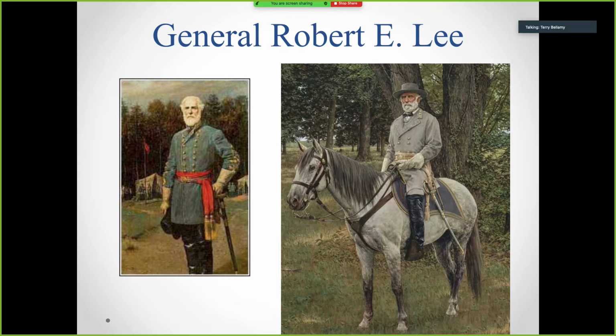It takes a lot of food to feed an army of 80,000 men, which is probably about the average that Robert E. Lee had in his army at any given time, which is huge. And that's not the only army. That's just the Army of Northern Virginia. And one of the chickens escaped from its cage and ran into Lee's tent. Nobody saw it. So Lee grabbed this chicken and turned it into a pet.